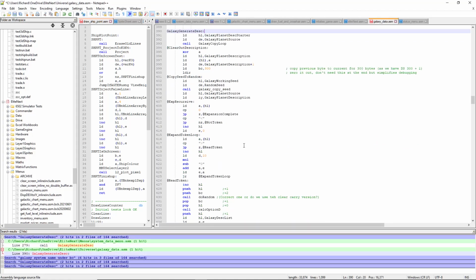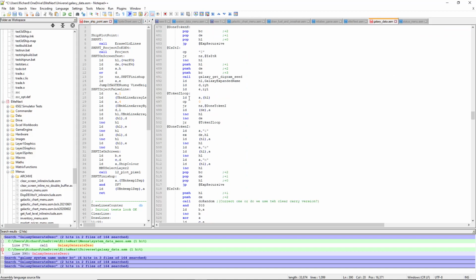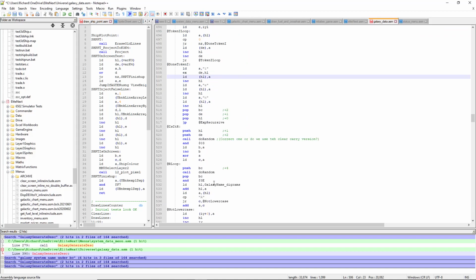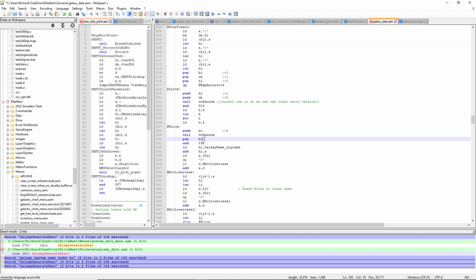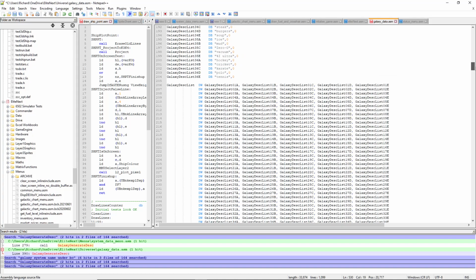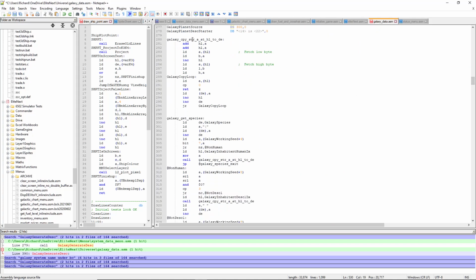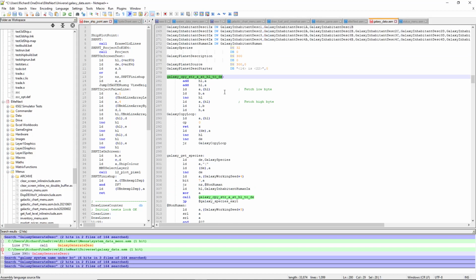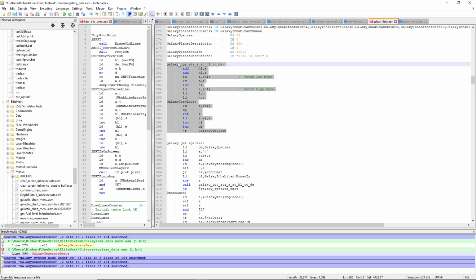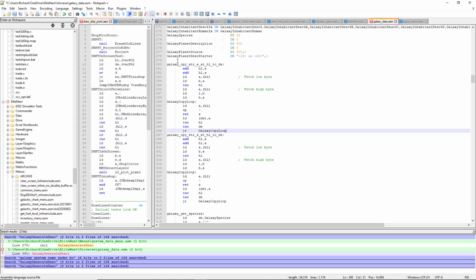I'll change the code around and down to here where the token H is, and token I, and then the copy loop, which really should be done with a copy because I actually have a copy string over here, which is copy string A at HL to DE. So that just goes through NCP0 and copy loop there. So if I set A to 0, it will load from HL through into the target, or I could say Galaxy copy star